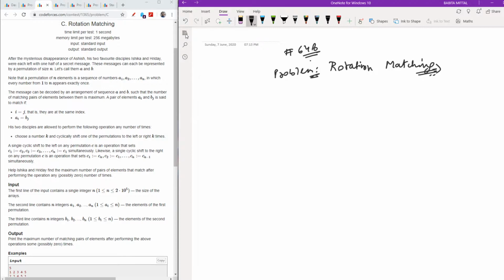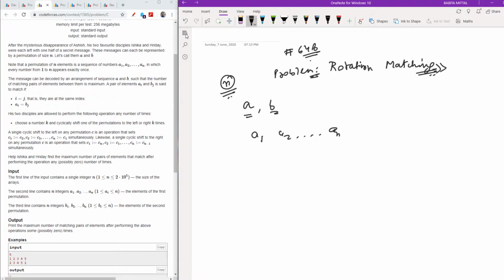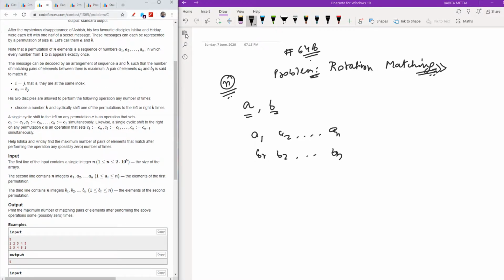Then we will be having two arrays, a and b. Suppose a1, a2 up to an and b1, b2 up to bn. What I need to do is shift one of these arrays any number of times.